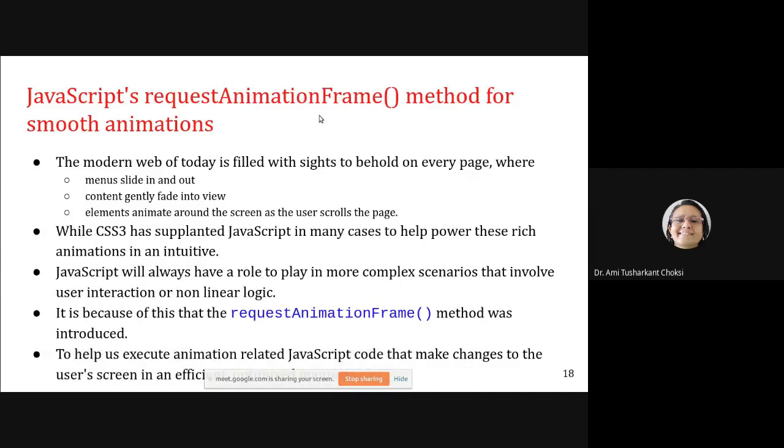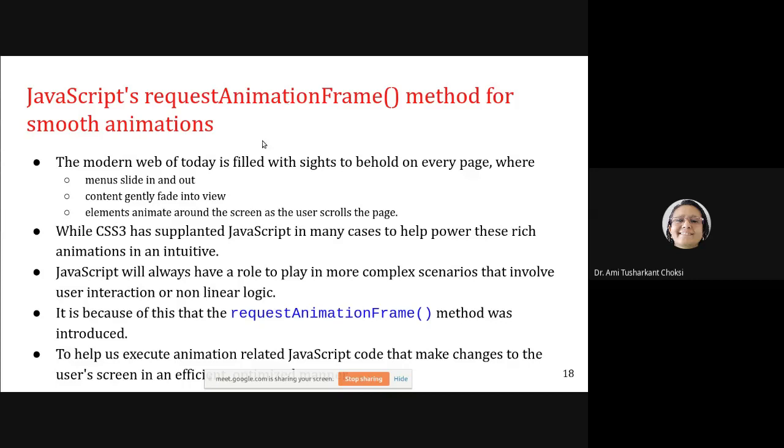Now, JavaScript's request animation frame method for smooth animations. We have just seen in the example, that is request animation frame, and we are passing the function, that is typically draw, with which we'll be calling the draw again and again. Fine. Okay. So what do we say?